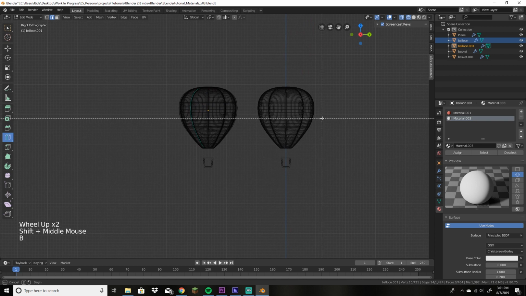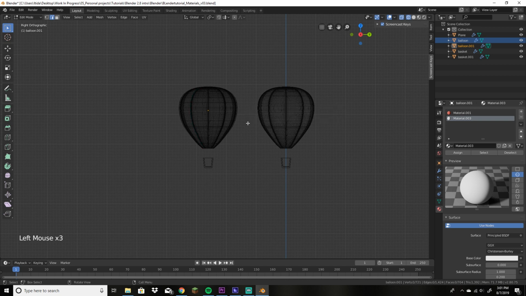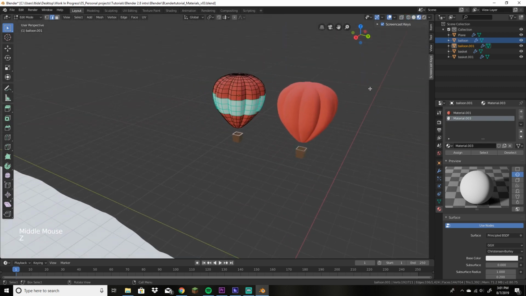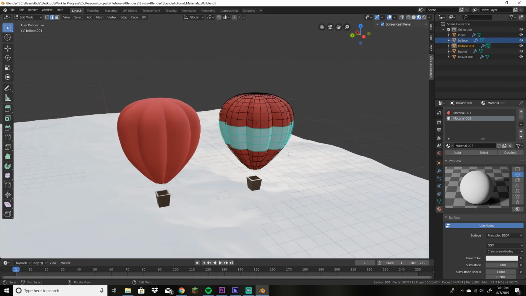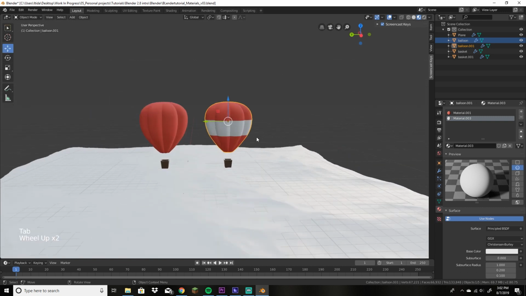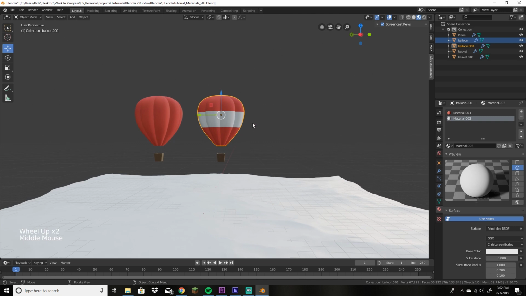I'm going to box select this one, hit assign, and now if I go back to look development mode, tabbing out of edit mode, you can see that it works quite nicely